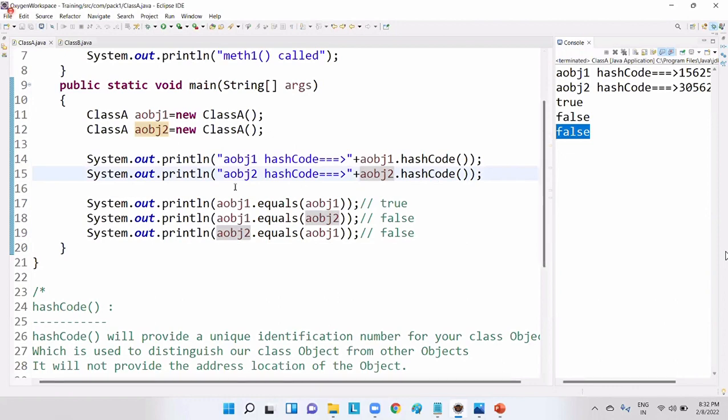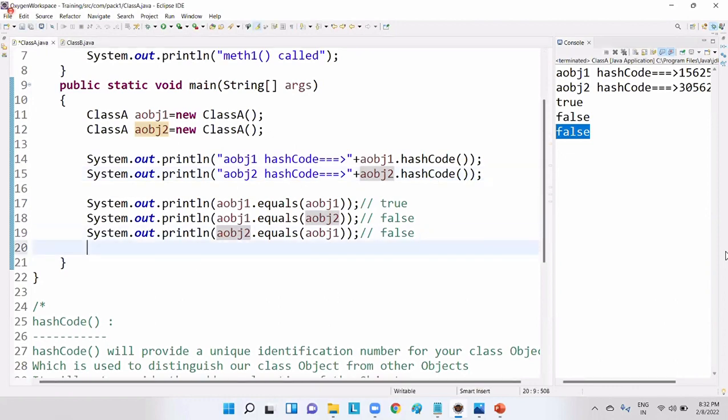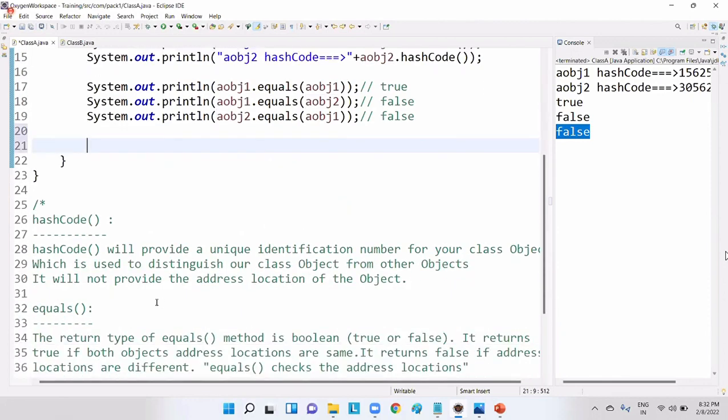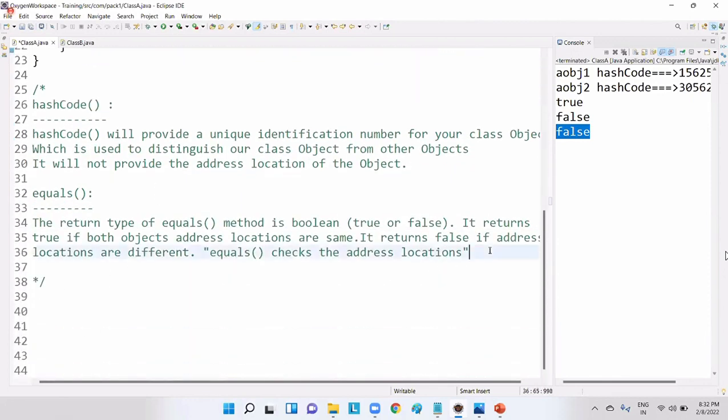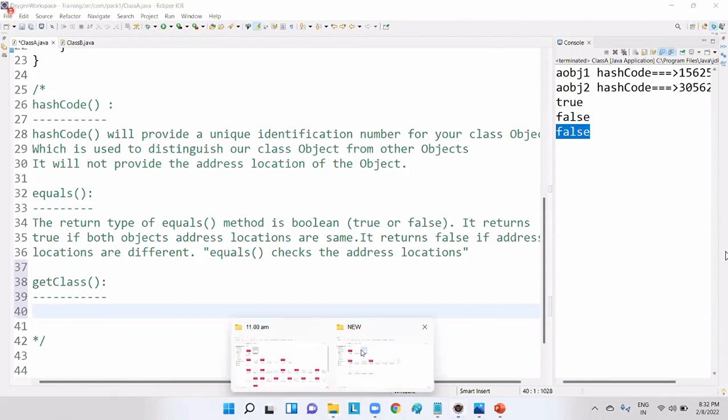That is great. Now let me try to go with the get class method. What is that? Get class method. Now, what is the use of this get class method? Guys, you need to understand a situation right now. What I'm trying to say is, for example,